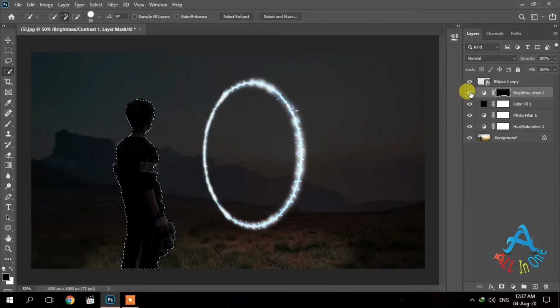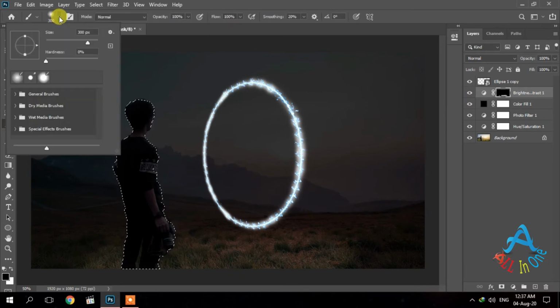Select the mask layer on brightness and contrast layer and select the brush tool. Select the white color, round and 100 pixels and hardness 0.